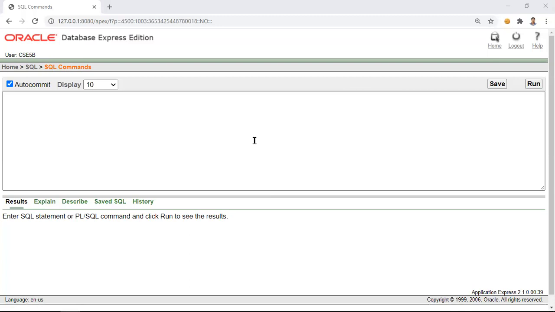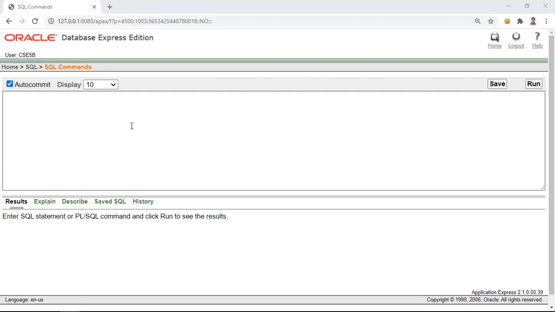Later we saw a few commands, like getting the list of all the tables created by the user, describing a table, checking the data present in the table, and also the deletion of a table. Deletion of a table is done through the drop command.